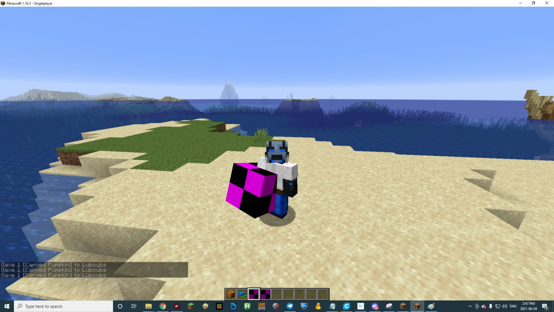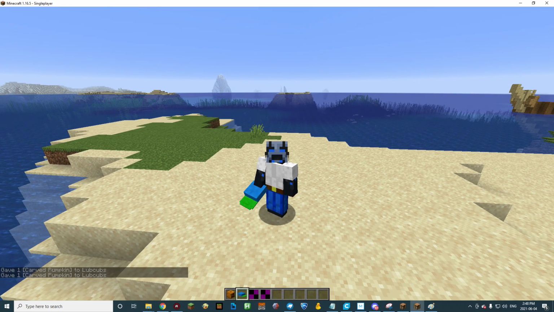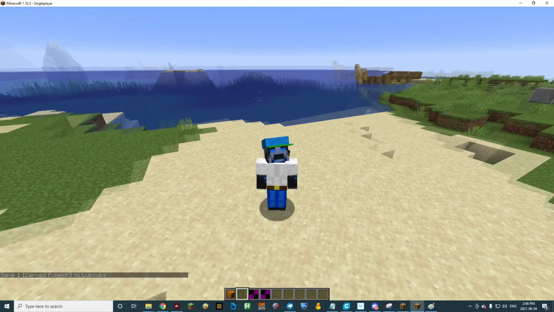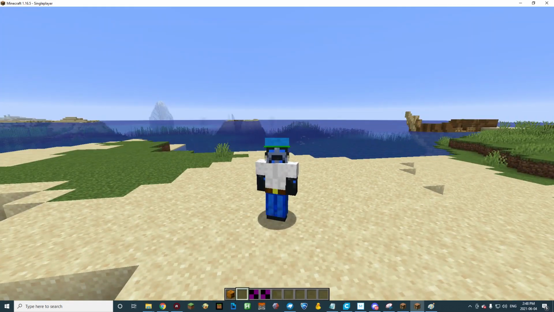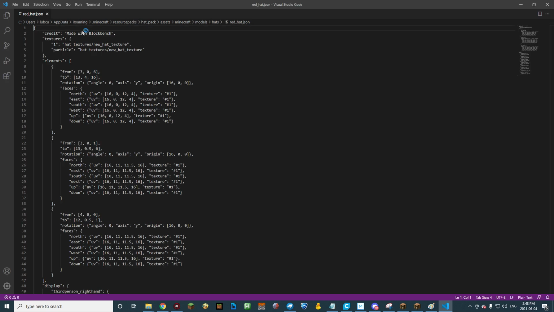So there's something wrong with our hat models for custom model data 2 and 3. We'll go back and take a look at those, but we do have our hat working for custom model data 1. Let's go check out the other ones. Okay, so for some reason, let's open this up. It decided to keep the same spacing that we had with our old hat, even though we edited that in the last file, but Blockbench didn't realize we edited that, so it kept the space in here. So what we're going to do is just add those spaces back in, hit save,